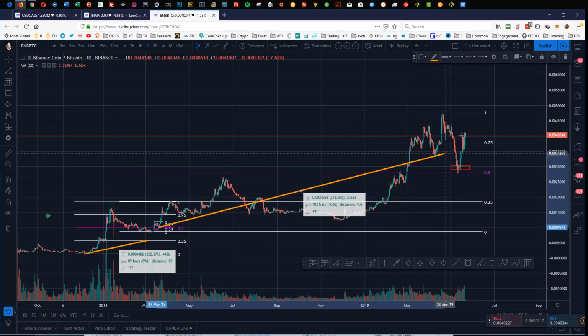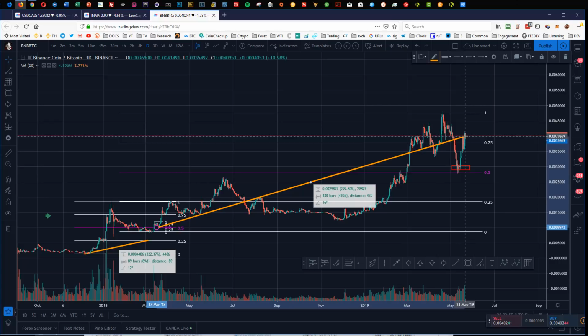I trade BNB religiously until it breaks down completely. Until I see a series of things, I'll exit everything. I haven't seen this series of things yet. So here, it's up 300%. So if you would have stayed in this trade as a long-term trade, looking for long-term positions, here's another area